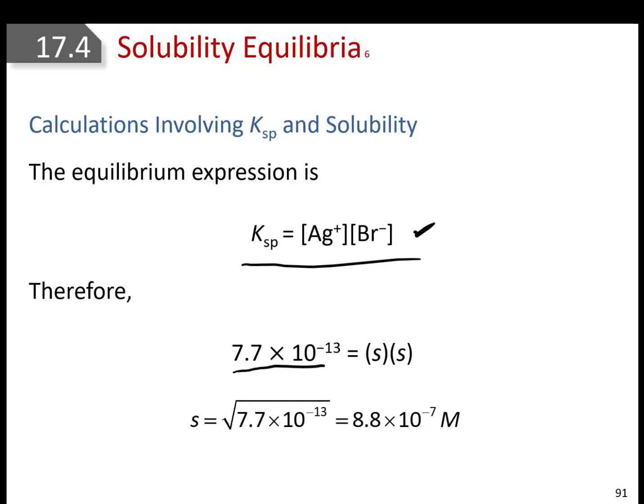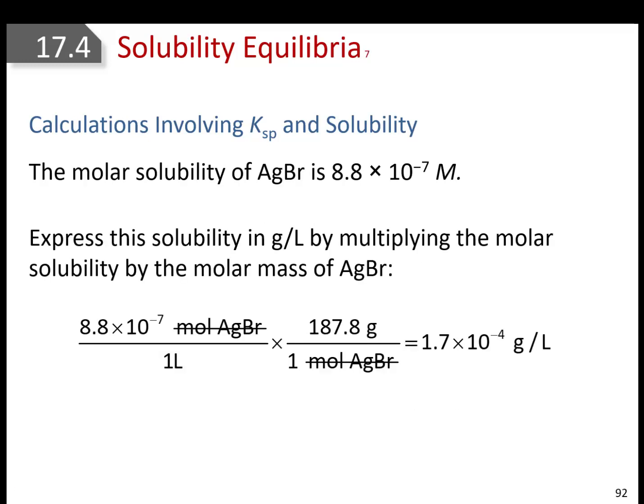All right. So how much silver ion dissolved? 8.8 times 10 to the negative 7th molar. How much chloride ion dissolved? 8.8 times 10 to the negative 7th molar. So that tells us, because the relationship between silver bromide and silver ion is 1-to-1, we now know how much silver bromide dissolved. Because the relationship is 1-to-1, you know that this is the amount of silver bromide that dissolved